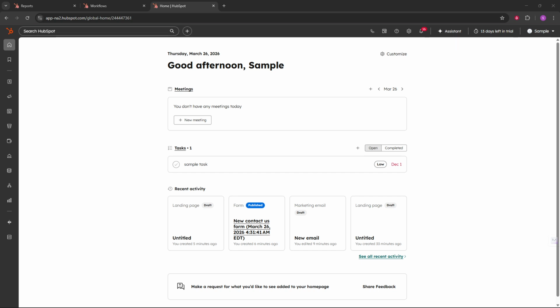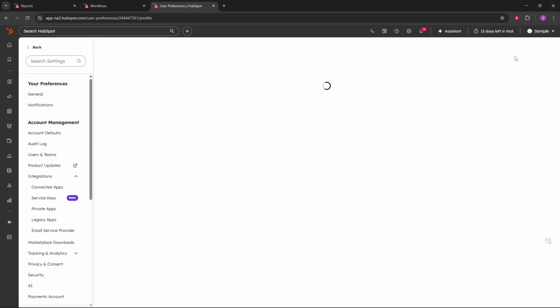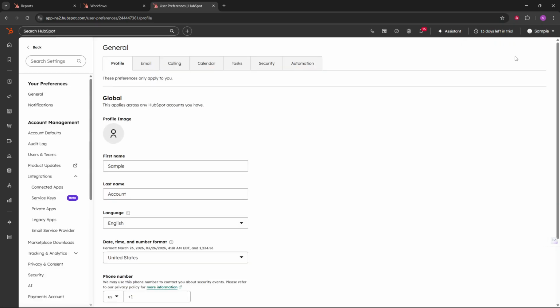Once you're in, head to the upper right corner of your HubSpot dashboard and click on your profile icon. It's the small circular avatar next to the notification bell. From the menu that appears, select Profile and Preferences. This opens your personal and account settings in a new view, where you can manage everything from your profile to